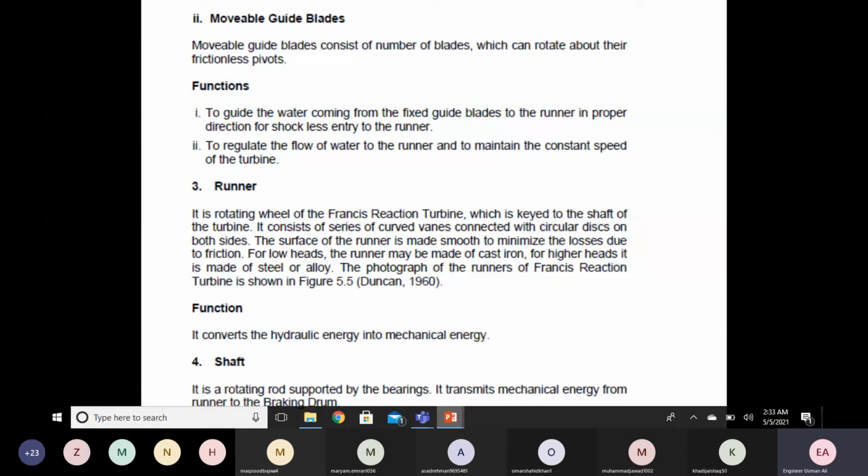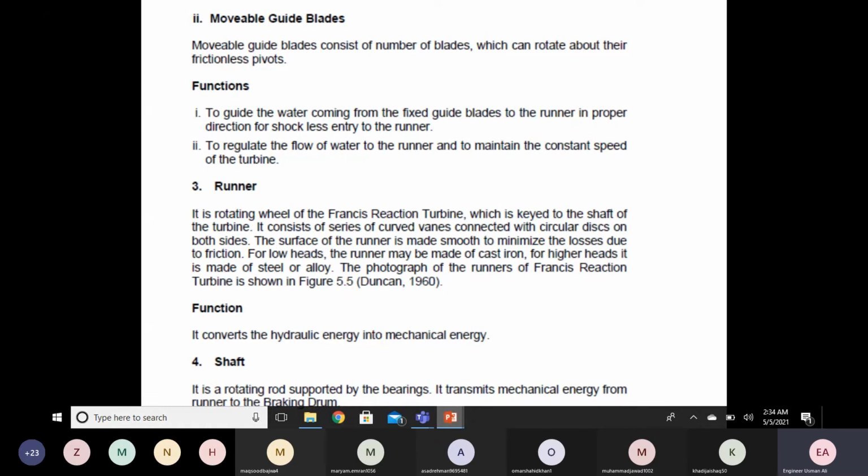तो जब लोड वेरी करता है तो उसकी वजह से क्या होता है कि टरबाइन की जो स्पीड है वो भी कम या ज़्यादा हो सकती है. But remember this, every turbine has a speed at which efficiency is maximum. तो एक ऐसी स्पीड होती है टरबाइन की जिस पे एफिशिएंसी मैक्सिमम होती है, and we always keep that speed of the turbine to keep the maximum efficiency of the turbine. That is called as normal speed of turbine. Normal speed of turbine is the one at which the efficiency of turbine is